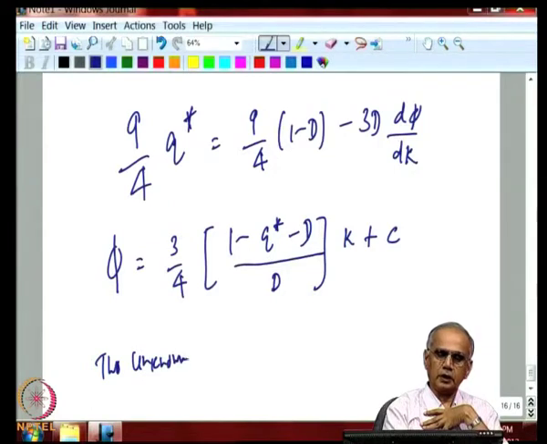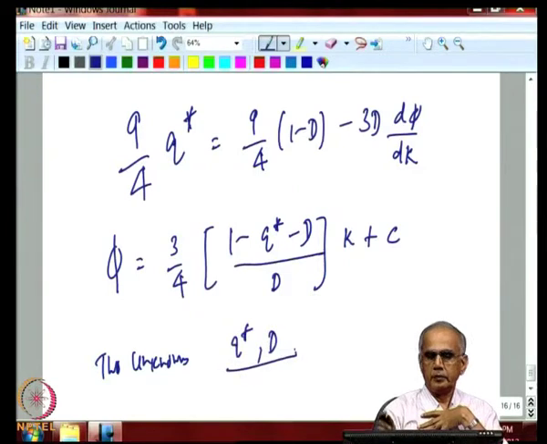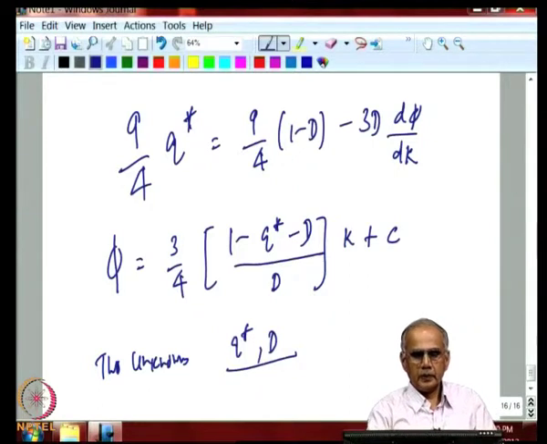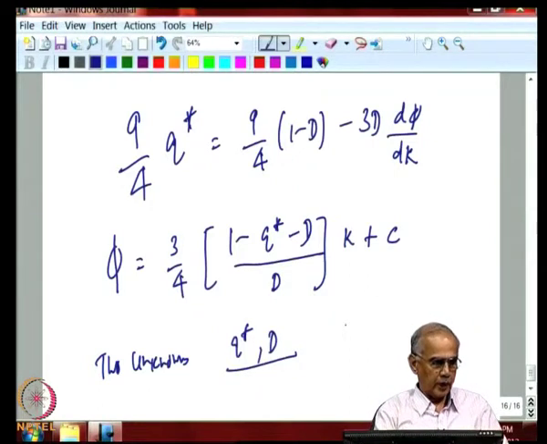They are constants and they are q star and d. So, once that relation between C and q star d is known, we have the complete solution to the problem, and we can show that q star is 1 minus d